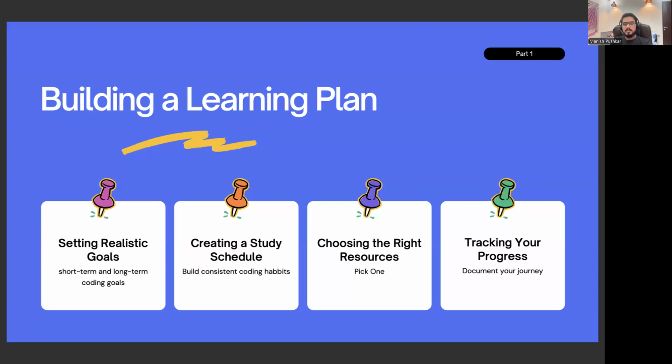Okay, now the third thing is choosing the right resources. And what do you mean by choosing the right resources? इसका मतलब ये नहीं है कि you went on YouTube या फिर you went on some website and तुमने Python सीखने के 15 courses खरीद लिए. ठीक है, you went on Udemy and you bought all the fancy courses. You went on YouTube and you started watching videos of 3 different playlists. ठीक है, that is not how you learn coding.